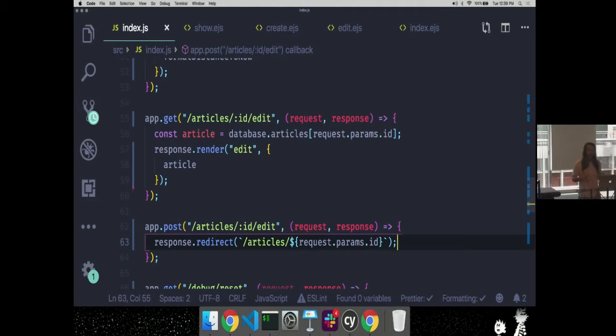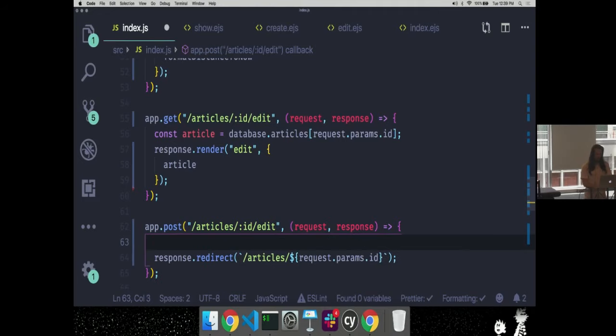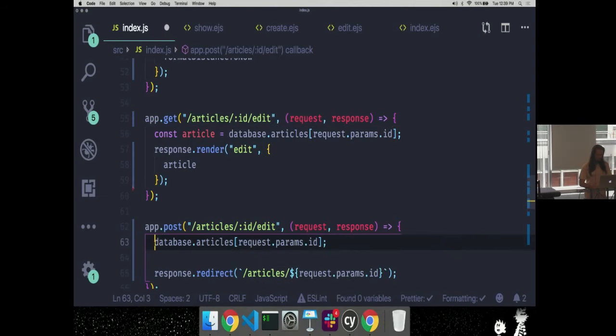Okay, so this won't actually perform the edit, right? So I need to have that behavior. I need to grab that existing article. I'm doing a modification to the existing object.